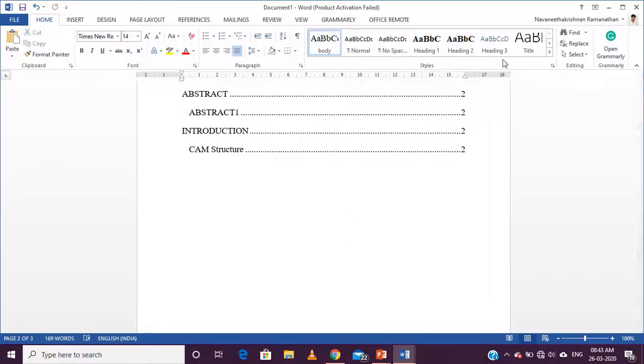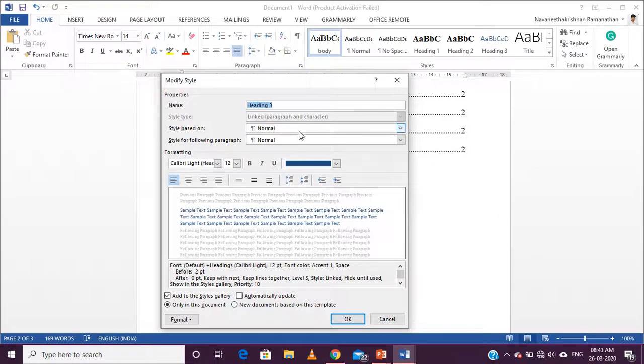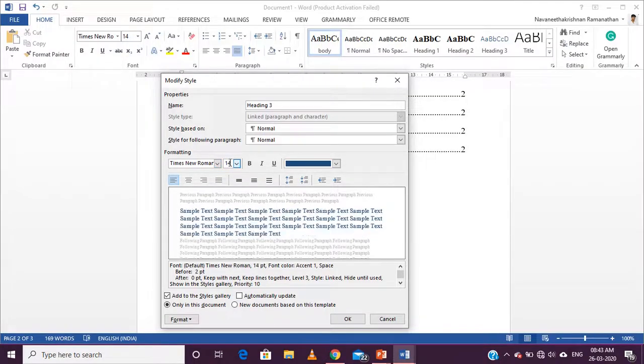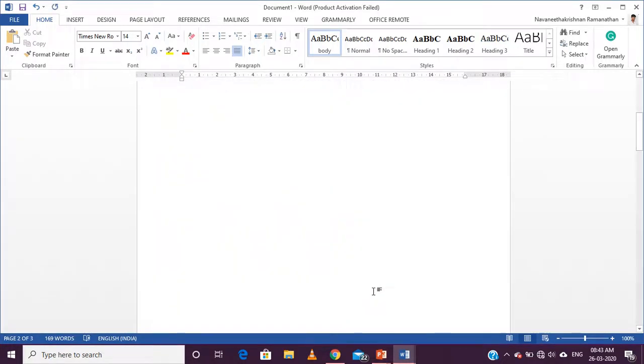So for example, next I am creating, let us say, heading 3. So I'm just having Times New Roman 14, black color, justified, 1.5 line space, give okay.